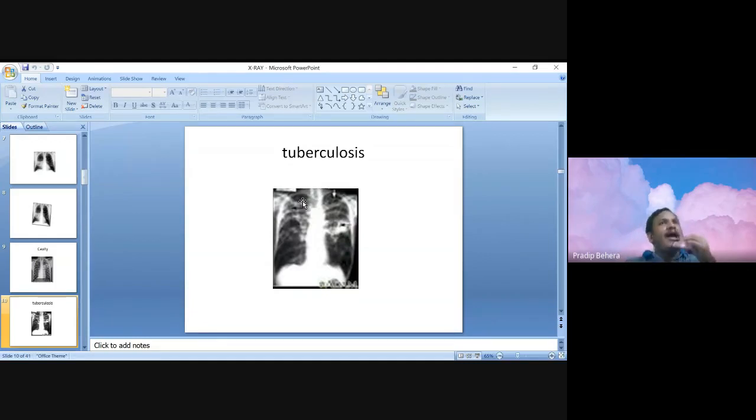Sometimes they ask you, okay sir, there is a lesion in the apex of the lungs, or apex and mid upper zone, so what are the other pathologies which affect the upper zone? Like pneumoconiosis, silicosis, and pneumonia like Klebsiella. There are some pathologies which typically affect the upper zone. That question is usually asked. So this is tuberculosis. There will be features of fibrosis, fibrotic bands, patchy consolidations, cavity, all this.